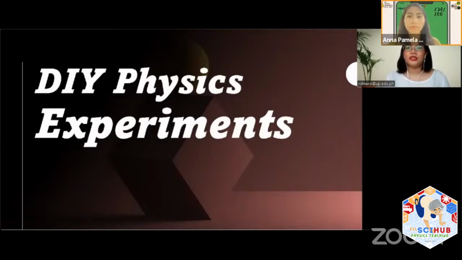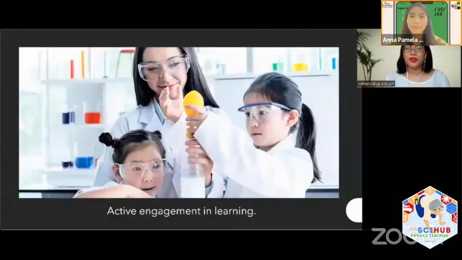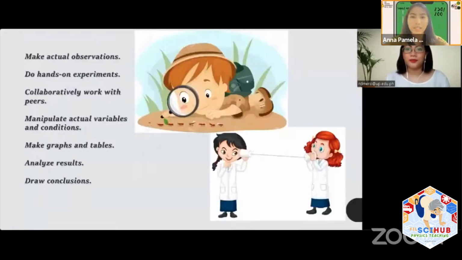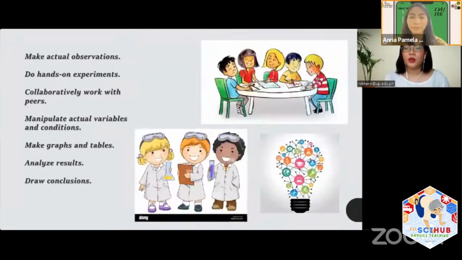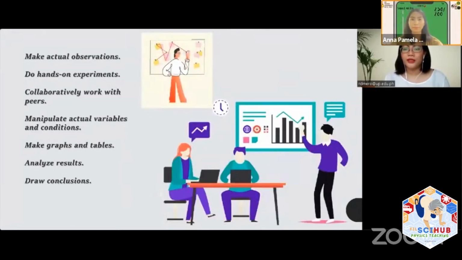A laboratory activity is an integral part of learning science concepts. These activities play a critical role in the students' active participation in the learning process. It has been known that when students are actively engaged in learning, doing the actual observations, performing experiments, working collaboratively with peers, manipulating actual variables and conditions, making graphs and tables, learners easily grasp the concept at a deeper level